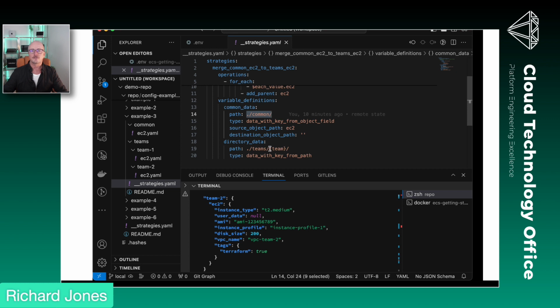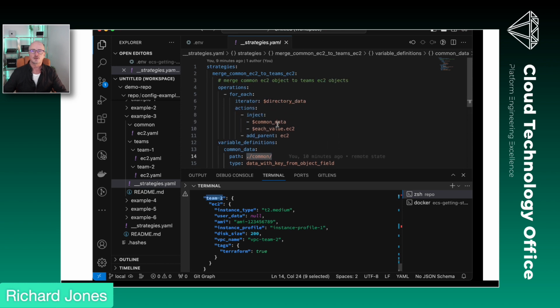this is creating a variable that we will iterate over, and we can get the key, which will be the team name, from here, and so then we can build it into our output like this. And then the actual strategy itself is basically just an iterator where it takes some data and merges other data over the top. So we have a for each of the directory data, so that's the teams, inject the common